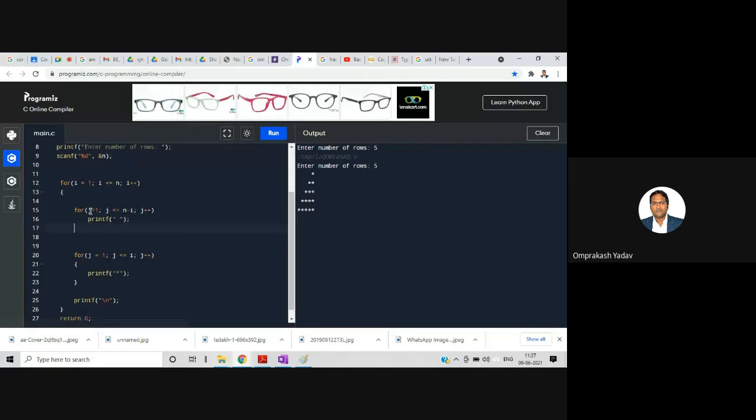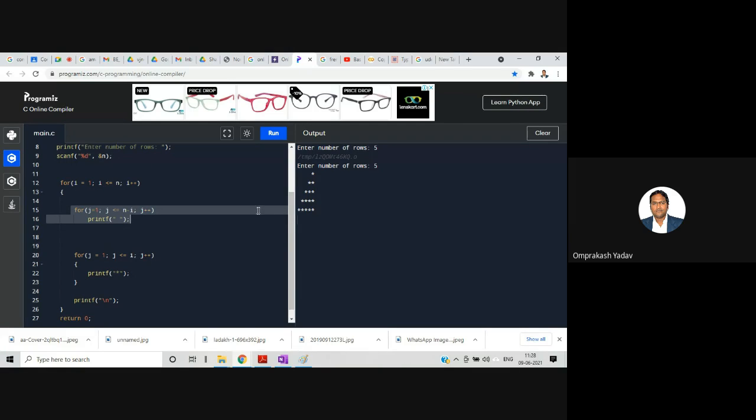Okay. So remember j is equal to 1, j less than equal to n minus I, j plus plus, and you can print the blank spaces. So all the patterns, whatever we did in the first type, you will get them all by simply writing this one more loop, right? And you can get all the patterns. So I request all of you to practice for the third type. Okay, practice for the third type.